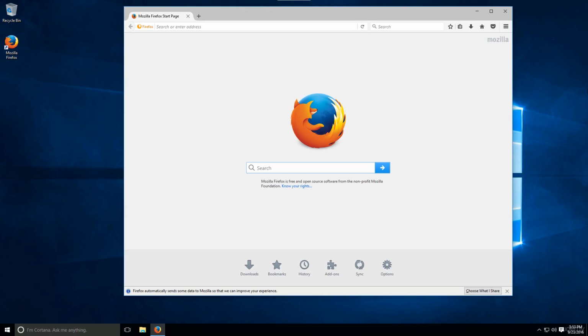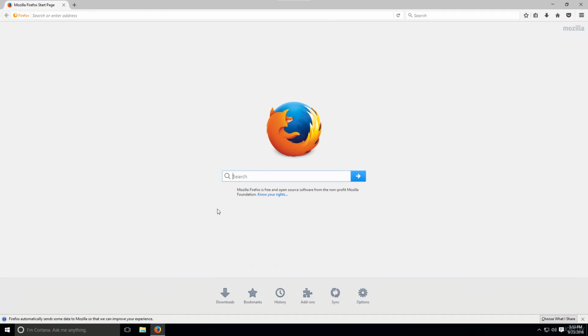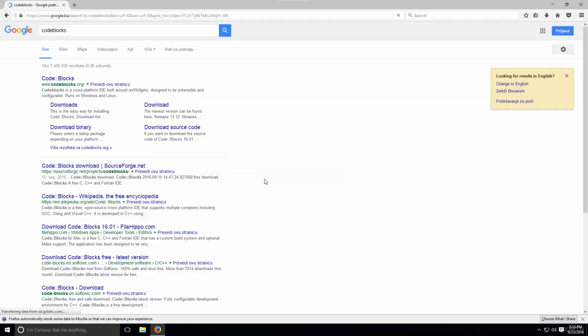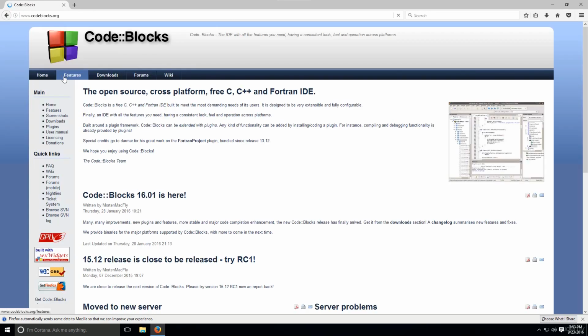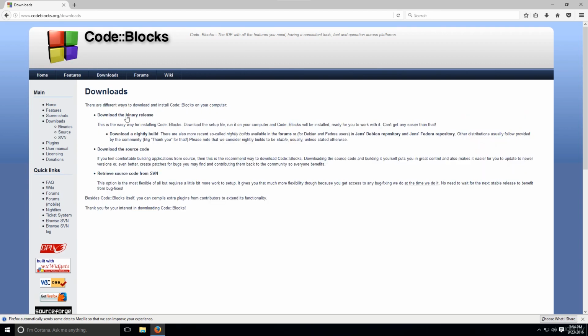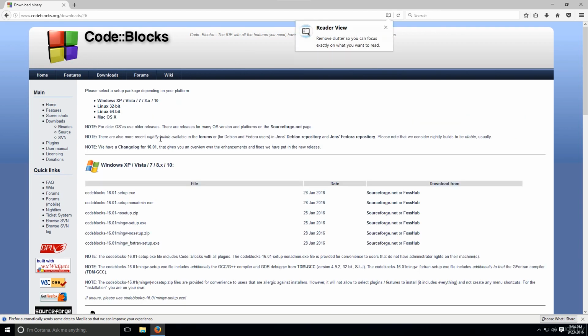Okay, so the next thing that we need to do, now that we have our Windows VM set up, is just open up Firefox and type in Code::Blocks. A very nice IDE because it comes with a compiler, which is amazing. Not a lot of IDEs actually come pre-bundled with a compiler. So go into downloads, download binary release,